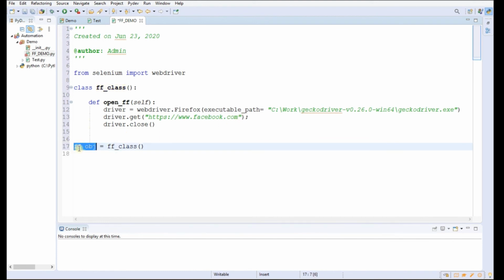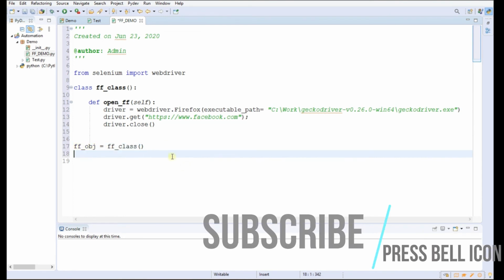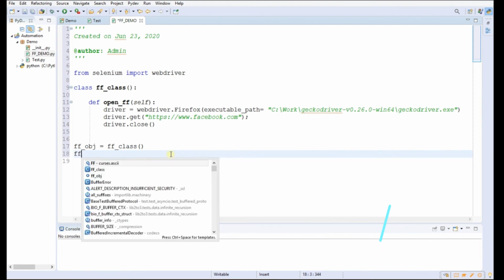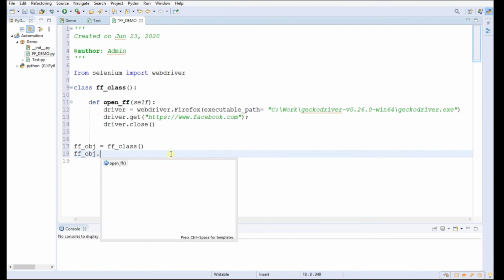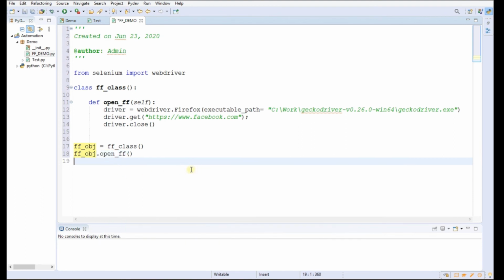So this ff_obj is an object of this ff_class. Now we can access the open_ff function. For that we will write ff_obj dot open_ff, right?